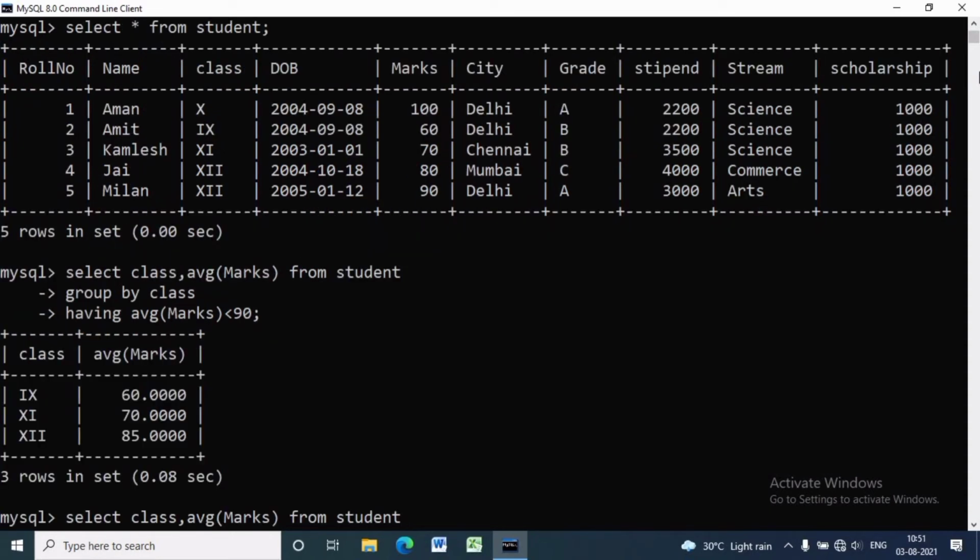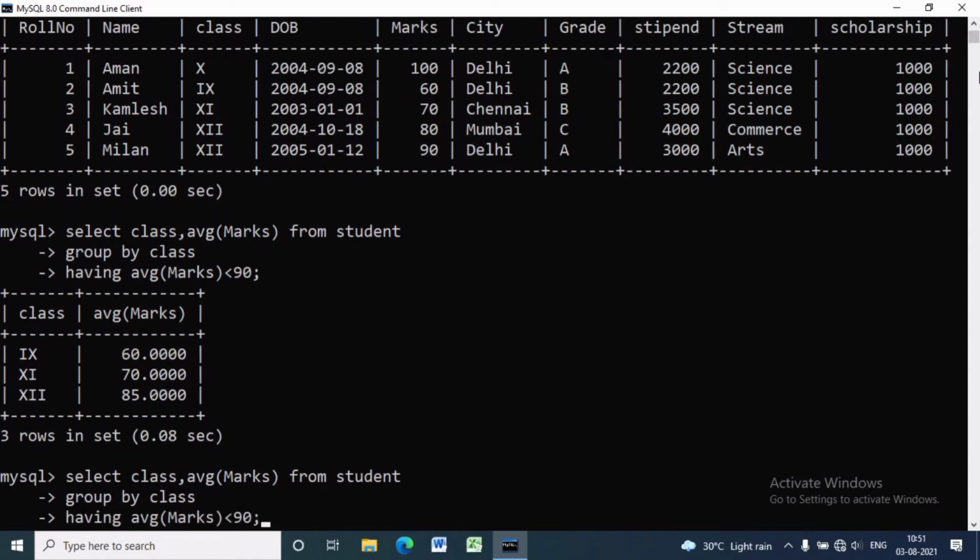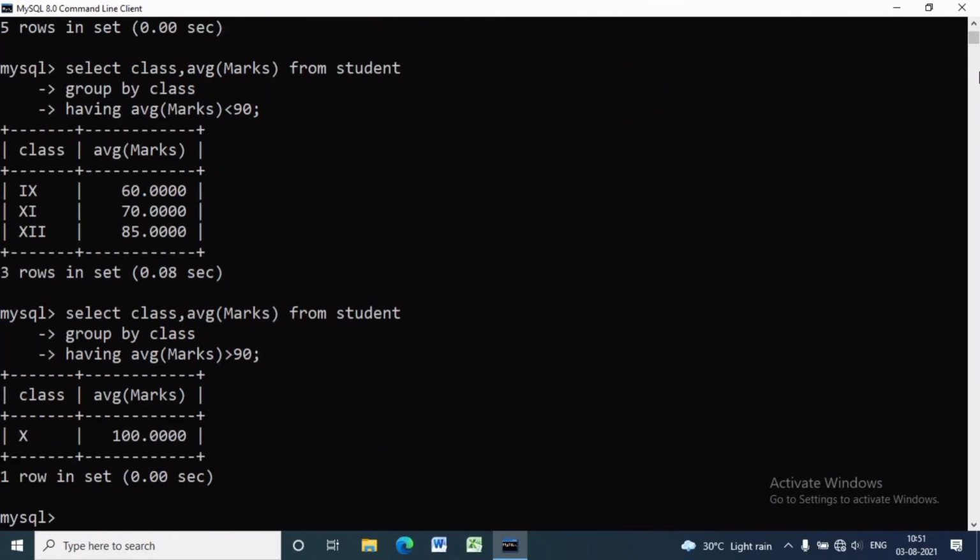SELECT class, AVG(marks) FROM student GROUP BY class HAVING AVG(marks) > 90 will give us only one record, which is class 10th, and its average mark is 100. Here our student table is very small, but there may be more records in the student table.